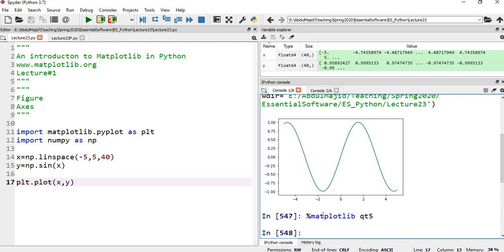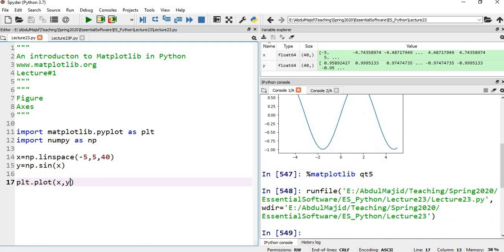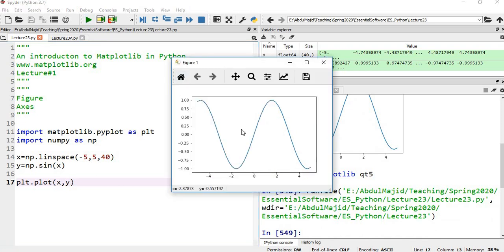So if you run this now, all your graphs are going to appear in a different window. Let's see this. If you run this, you see that your graph is now in a different window. So here, this is an interactive window. You can control different features of a graph in this window. For example, if you go here, you can